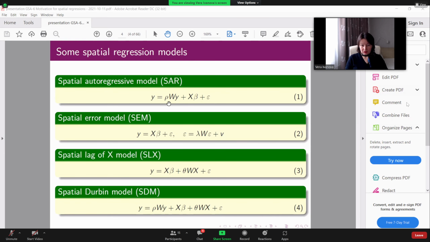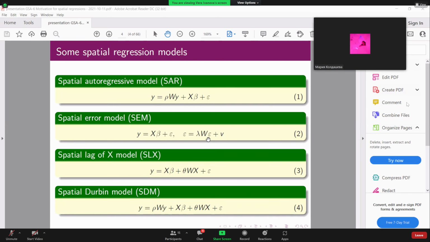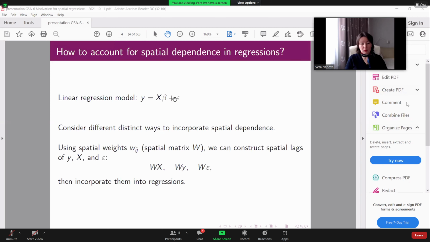Consider this equation. Then we... Sorry. Question. Sorry. Can you repeat again what is the meaning of rho and Wy? Wy is a spatial lag of the dependent variable. We construct spatial weights, that is,